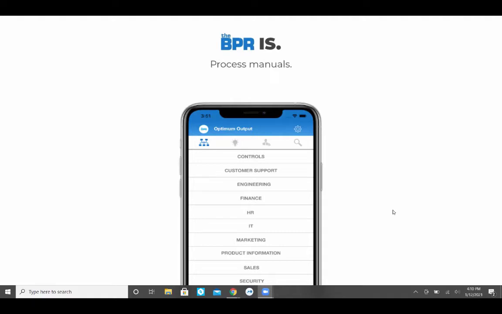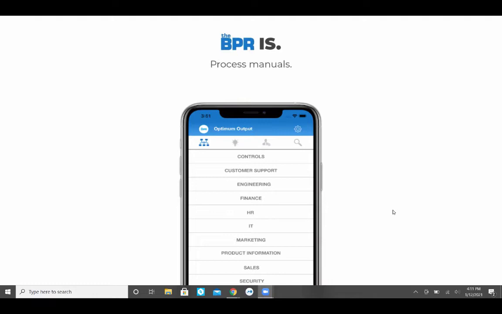So again, the BPR is a cloud-based process manual. And this cloud-based process manual allows you to access the BPR from all your devices. Now, Caitlin showed you how you can create content using the built-in step-by-step recorder, which in itself saves hours and weeks of time if anyone's created documentation in the past. Also, dragging and dropping your existing PDFs into the BPR, whether they're from Knowledge Owl, an aACE knowledge site, or your existing SOP documentation, saves you a lot of time to get it into this cloud-based SOP library,